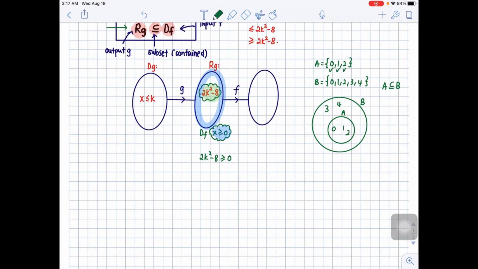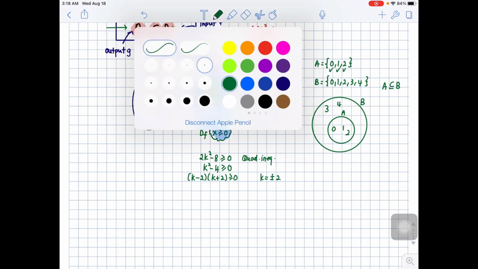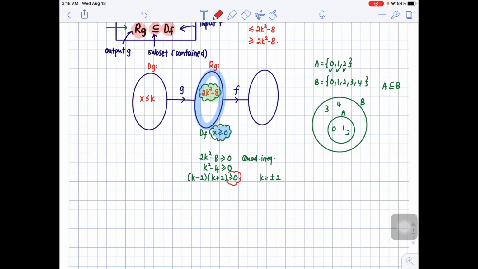Now you solve this quadratic inequality, you will be able to get your k value. Let's see. Of course, first you have to identify this as a quadratic inequality question. Then I can divide both sides by 2. Done. Now next, you need to find the critical value, or if you want to put this in the factor format, also fine. That will tell me my k is plus minus 2. Now you interpret the inequality. More than or equal to 0 means what? Lies above the k axis.